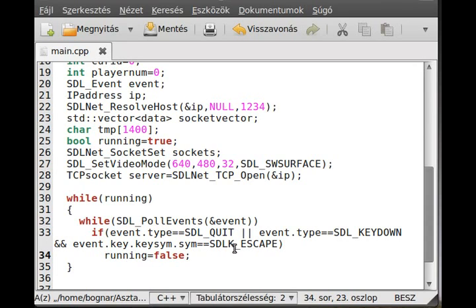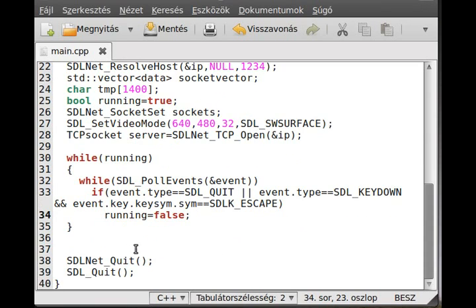And that's right. So if we press the escape key right here in the upper right corner,